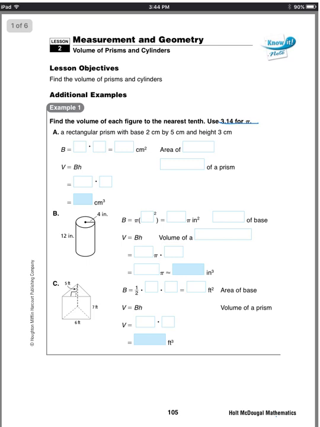So, a rectangular prism with a base of 2 centimeters by 5 centimeters and a height of 3 centimeters. Because it's a rectangular prism, we are finding the area of the base, which is a rectangle. So the base is 2 by 5, so it's 2 times 5, and we get 10. Now we have to find the area of the base times the height of the prism. The height of the prism is 3, so we take 10, the capital B means area of base, times 3,